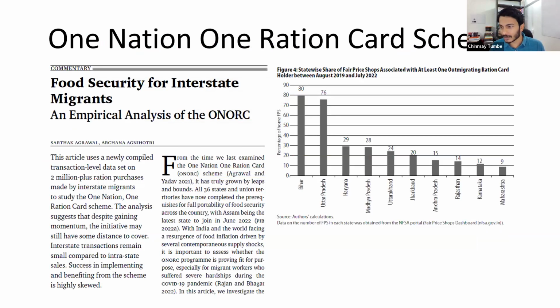People have looked at the One Nation, One Ration Card data. Again, very useful. You can actually map out a lot of migration. The only problem is that right now, nobody's really using the One Nation, One Ration Card. Almost all of it is Delhi-based. About 70% of the data suggests that Delhi has been using it, and UP and Bihar are going to, people are going to them. So you really can't talk about Maharashtra and other states because the offtake right now is